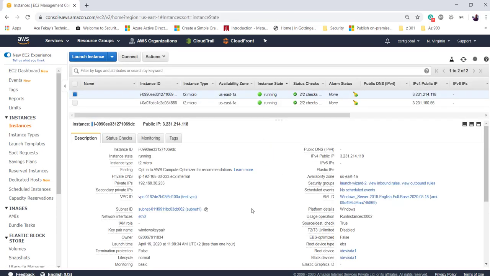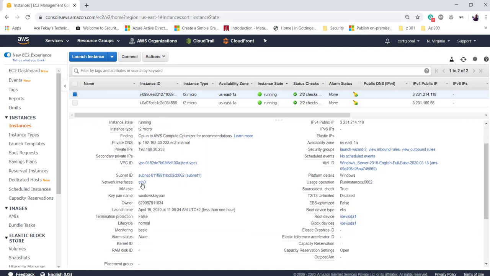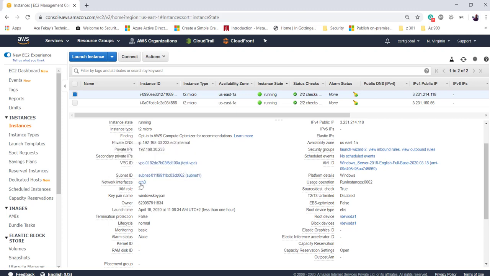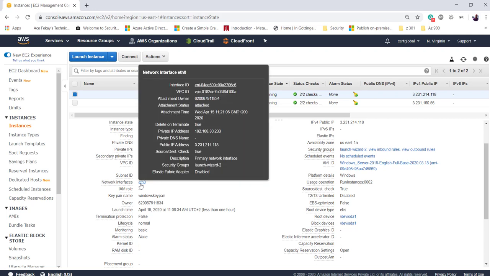There you go. So one important aspect is the network interface as well. That's how we are getting connected to this virtual machine, isn't it? No network interface, no communication. The network interface for this EC2 instance is called ETH0. Let's click on it and then find out what we got. What we have is a public IP address which can be seen right here. What we also have is a private IP address. When we started this class, I did mention that every EC2 instance must have a private IP address, and it has got a private IP address of